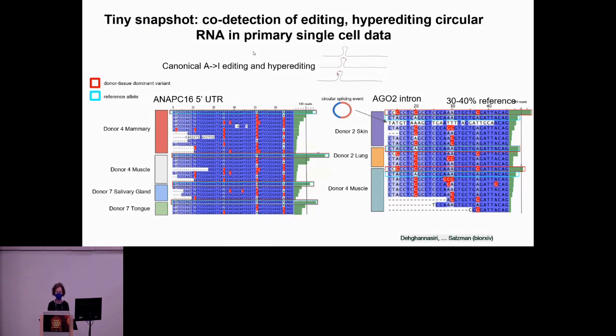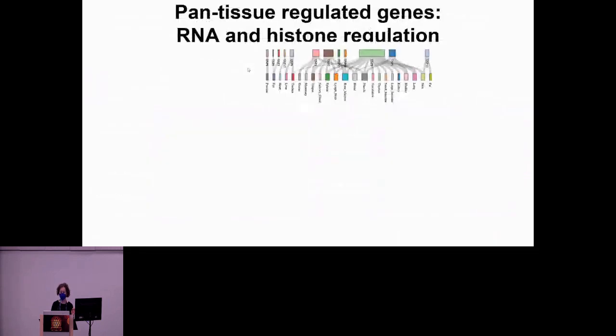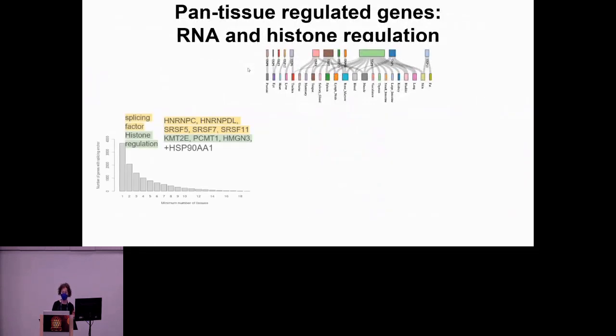Okay, so SPLASH should find it, and indeed it does. This is also a classic case where alignment is going to struggle. If you don't know a priori where hyperediting or editing occurs, it is going to be very, very difficult, if not impossible, to precisely quantify and detect all of these variants, especially at single cell level, where I'm not aware that it has been done.